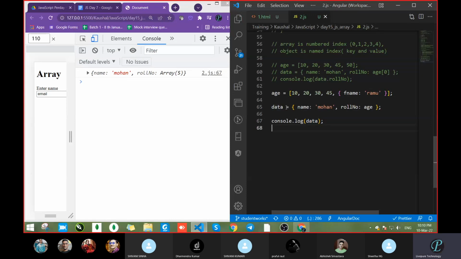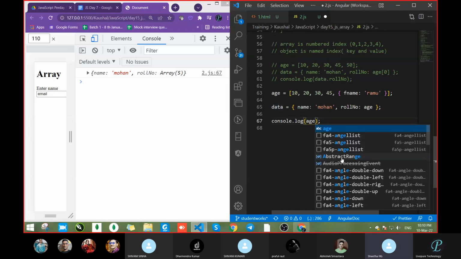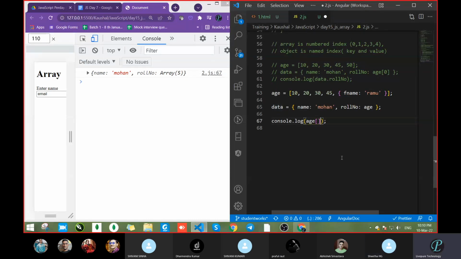So with the help of this, Shweta, tell me how we will get this value. Ramu, sir. Yes, Ramu. Age, in big brackets.